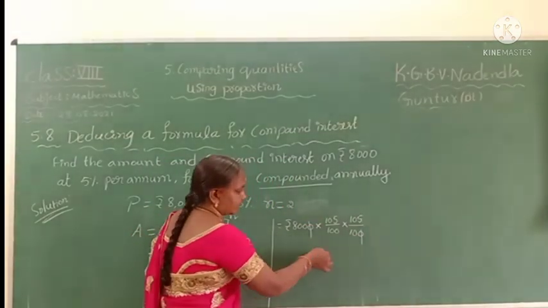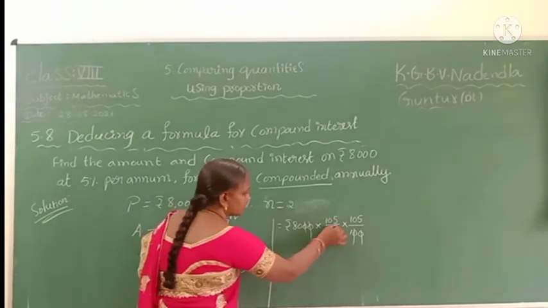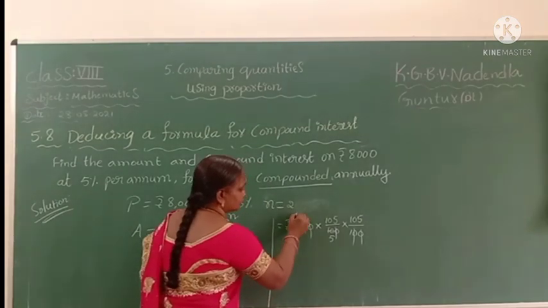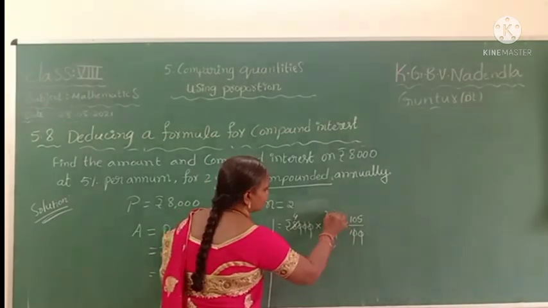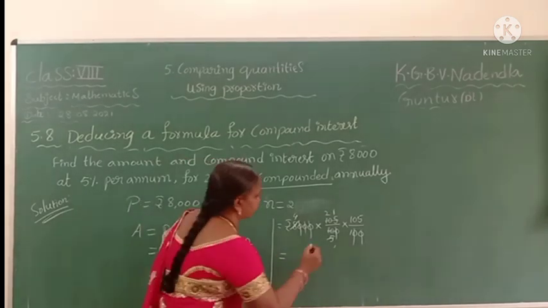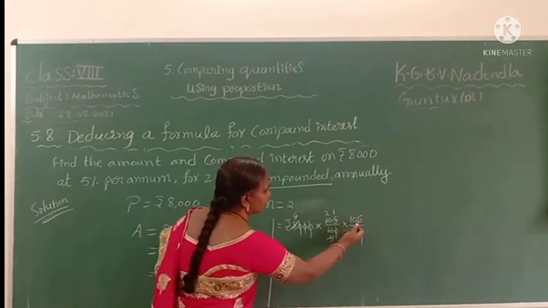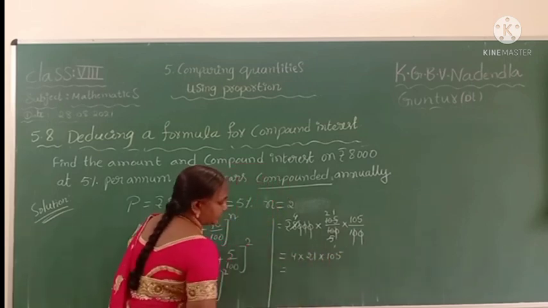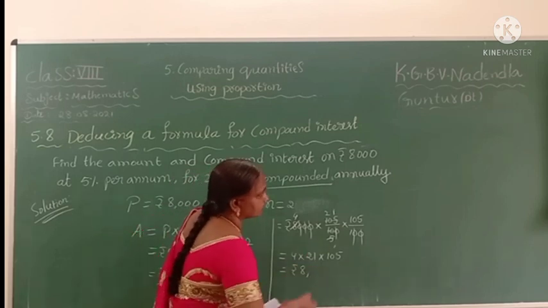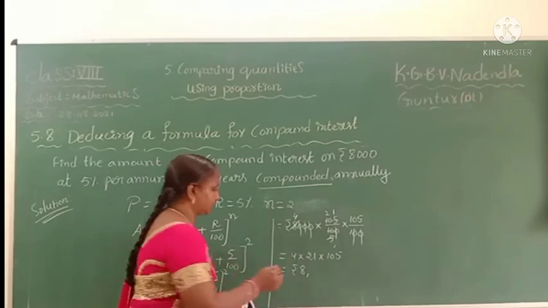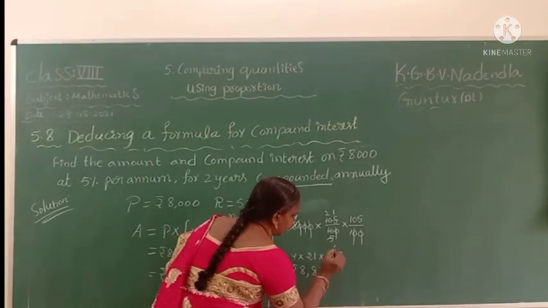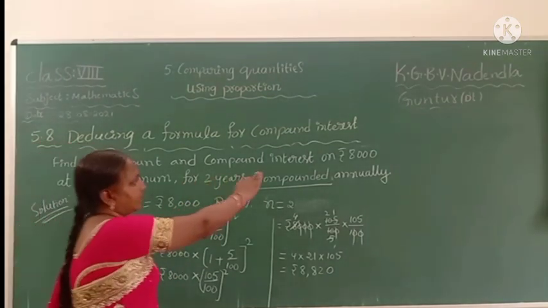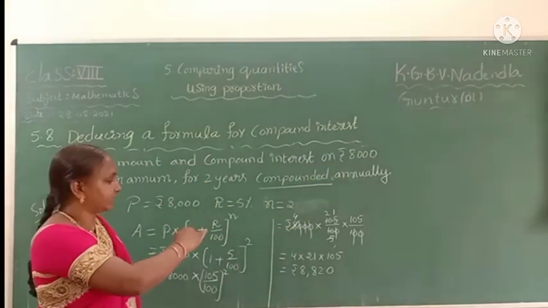Okay, 0, 0 cancel, another 0 also cancel, 0, 0 cancel. Here 10, 2 5 are 10, 2 4 are 8, 5 2 are 10, 5 1 are 5. Now remaining 4 into 21 into 105. That equal to 8,820 rupees. Now the amount we have to pay after 2 years for 8,000 rupees, the compound interest is